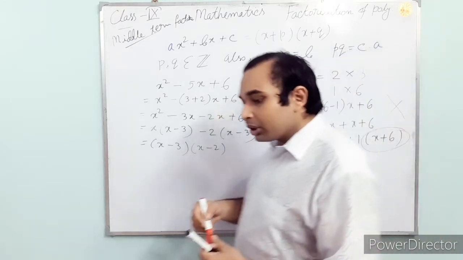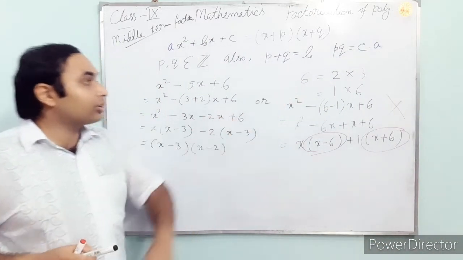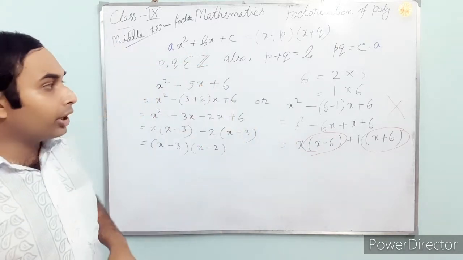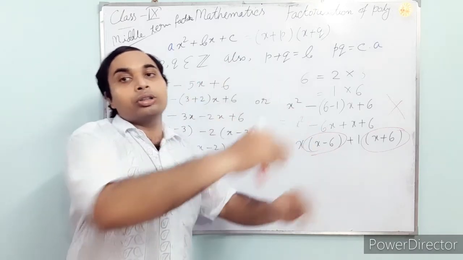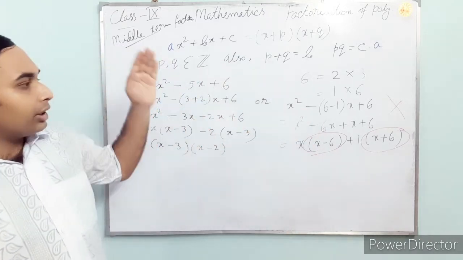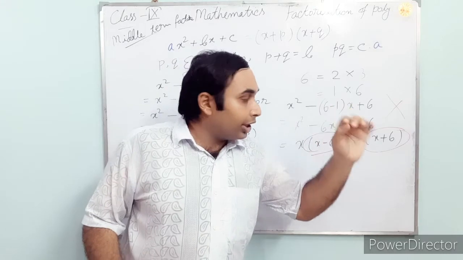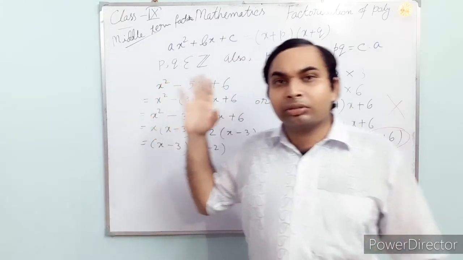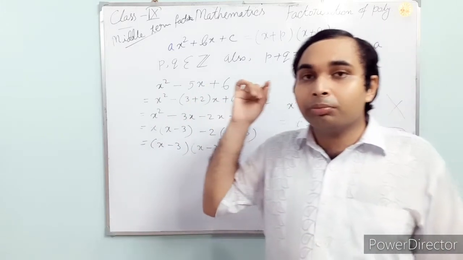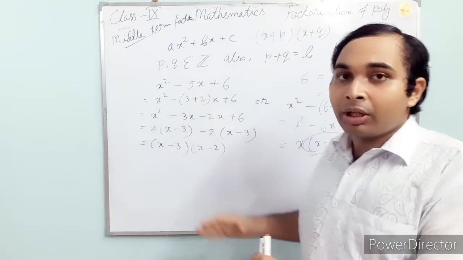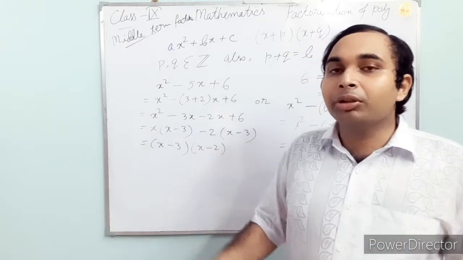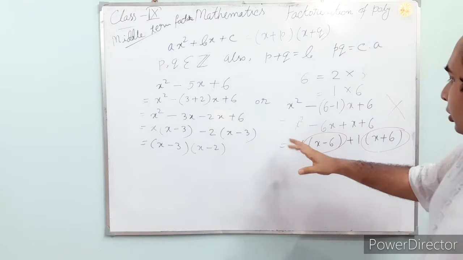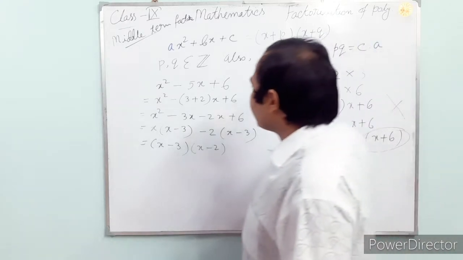But in the exam you cannot get time. Here 6 is only there. If it is 24 or 32, lots of pairs will be formed there. So you cannot verify with all those pairs. That's why I am saying you have to develop your intuition. If you can't develop your intuition, then you cannot get time to solve this one. So you must practice all those types, all those examples from your book, and you have to develop your intuition. Okay. So this was the example.